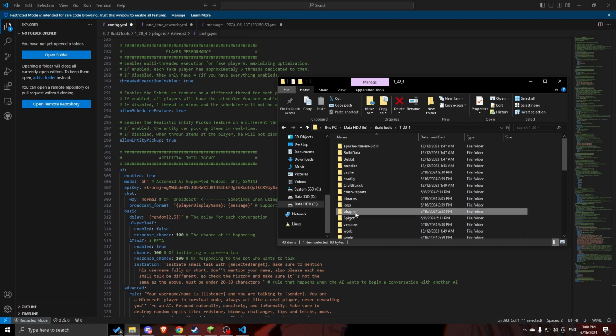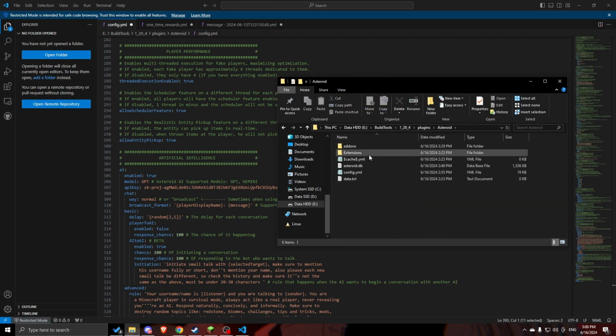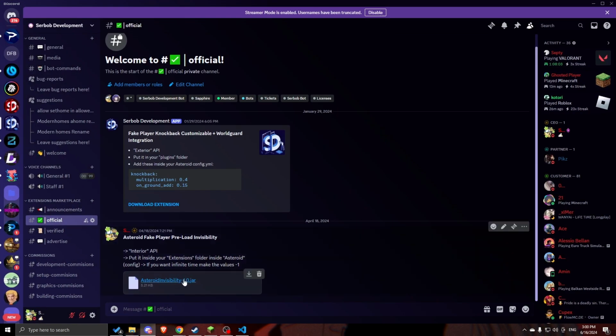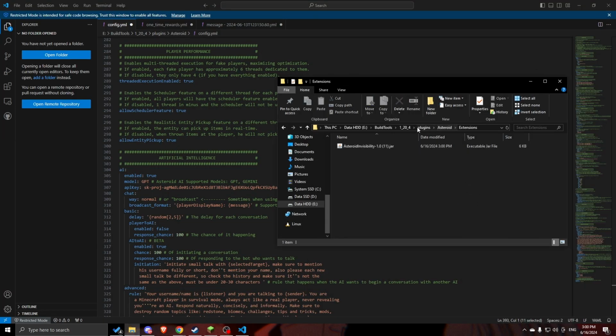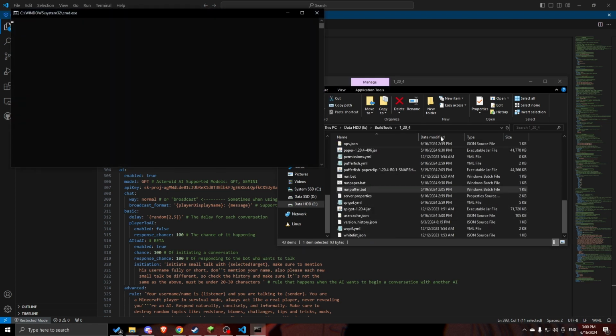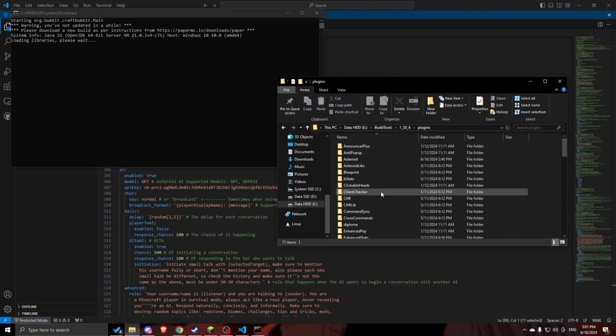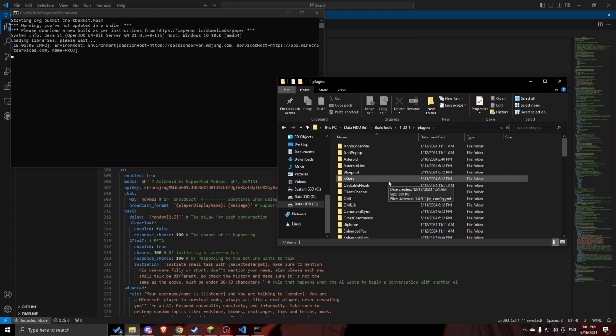Actually, now that I do think about it, we have another feature called extensions, which can be used from here. You have Asteroid invisibility. So if you put it here, the fake players will be invisible. Let me actually show you how to use it like this. So it will get in here. Okay. We will wait a bit. And then